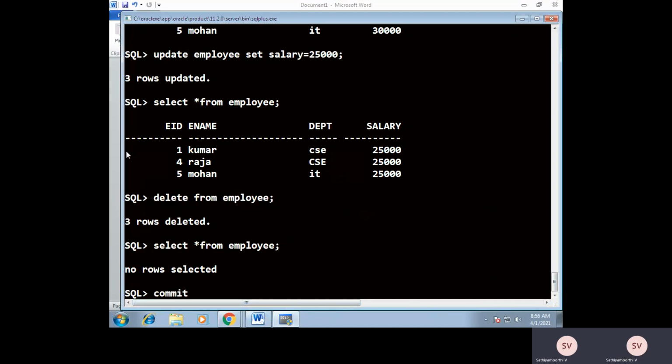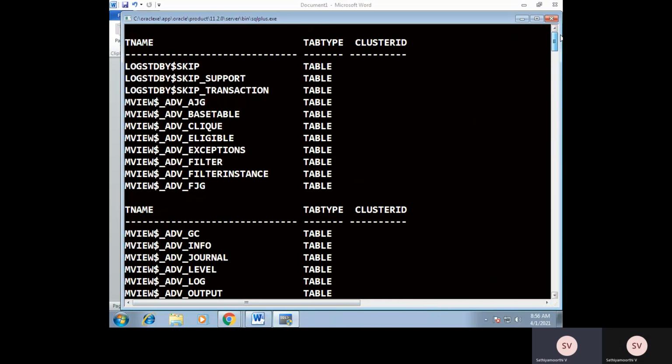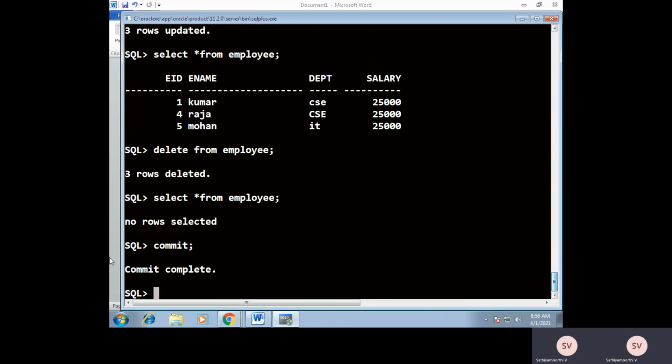So if there are no changes, then you can commit the changes. Commit is equal to a save operation. So whatever operations we have done so far, that is the purpose of the commit command. It saves changes within the database, that is, in the hard disk. Permanently it is updated. Once after commit, a new transaction is executed.